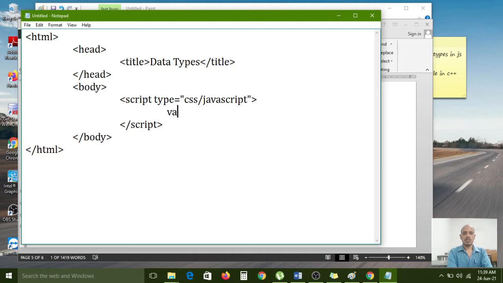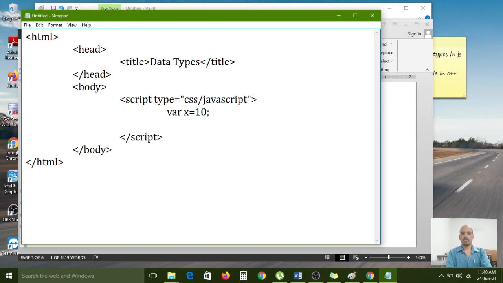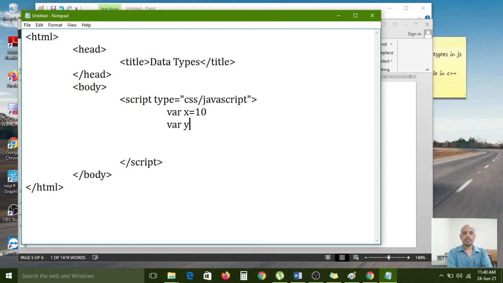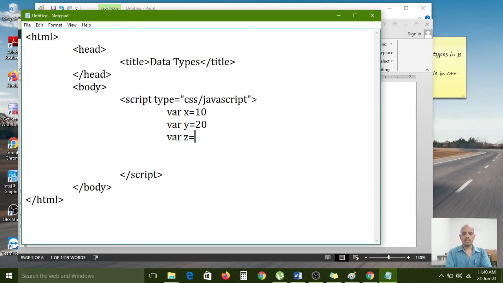Now here I want to declare the variable x equal to 10. Semicolon is also optional, no problem. Var y equal to 20. Var z equal to x plus y. Okay.